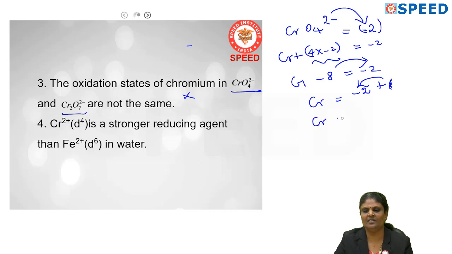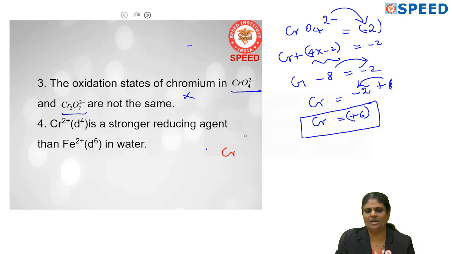So your answer will be Cr plus 6. Okay, so in this CrO4 2- you will get the answer plus 6, and then Cr2O7 2-. So you do that also. Okay, so Cr